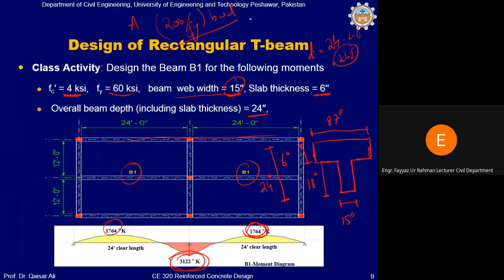थ्री अंडर रूट Fc प्राइम डिवाइड बाय Fy भी है, मगर इट विल बी गवर्निंग, and since it is grade 60 steel, so maximum reinforcement will be equal to 0.27 Fc prime divided by Fy into BWD। Why it is BWD, it is not B effective, इसकी रीजन मैं आपको बताऊंगा, मगर यहाँ तक बस आप इतना याद रखें कि इस केस के लिए the maximum and minimum reinforcement will be same as for rectangular beam।